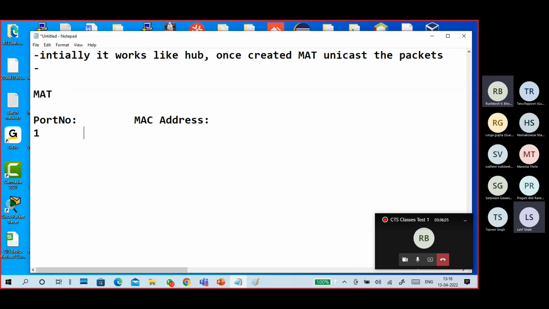My port number is 1 and a PC is connected. The PC's name is A1, so its MAC address is A1. A MAC address is actually 12 hexadecimal digits, but for our understanding I'm writing it like this. Same example only. Let's understand how it works.